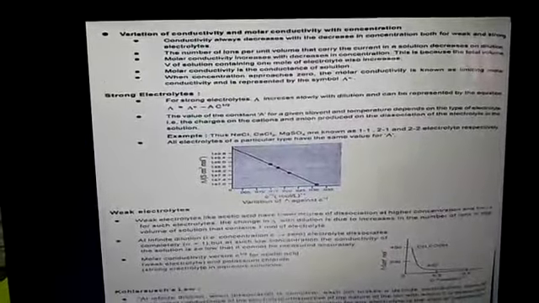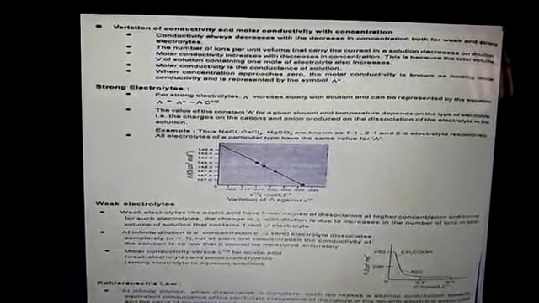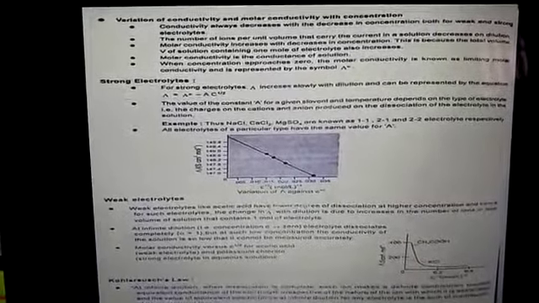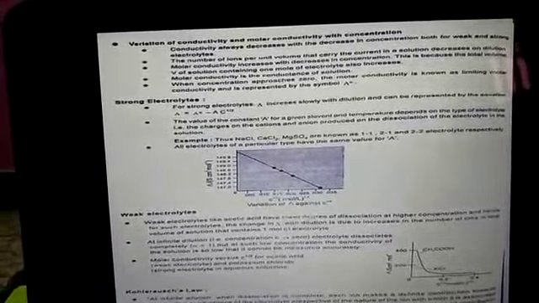Conductivity of the electrolytic solution is defined as the conductance of all the ions when the solution is placed between two parallel electrodes having area of cross section 1 cm square and distance 1 cm. The conductivity may also be expressed as the conductance of 1 cm cube of the solution, or in terms of SI unit it is defined as the conductance of 1 meter cube of the solution. The conductivity generally decreases on dilution because the number of ions per centimeter cube of solution decreases.